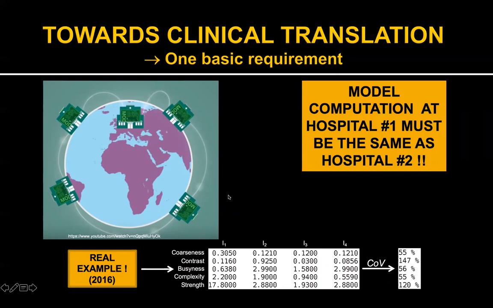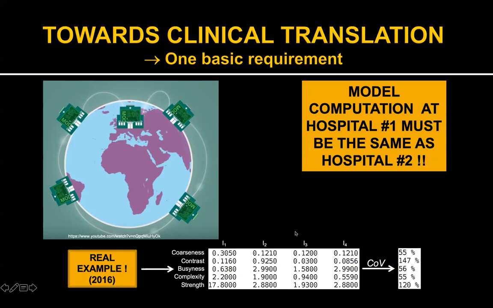Back in 2016, we started to investigate if this was the case, basically, when given to different institutions features to compute based on the existing literature, based on literature from the 1980s, basically describing those features. And we found out that, yes, there are many different details that can link to a lot of variations between